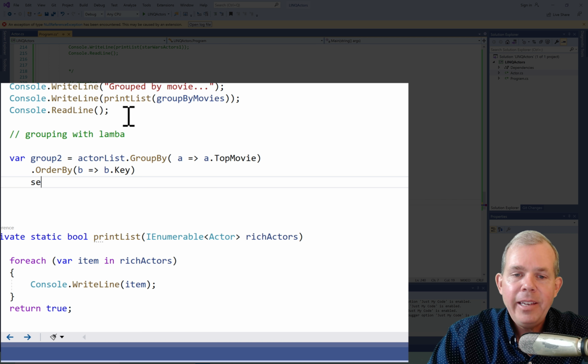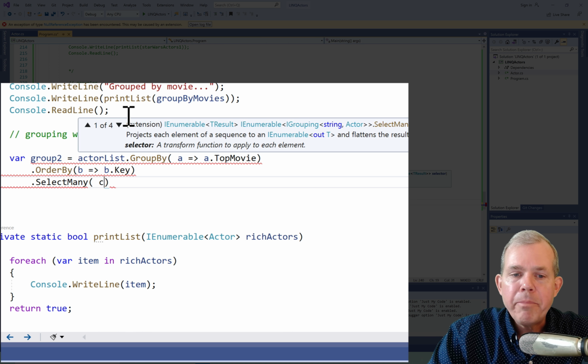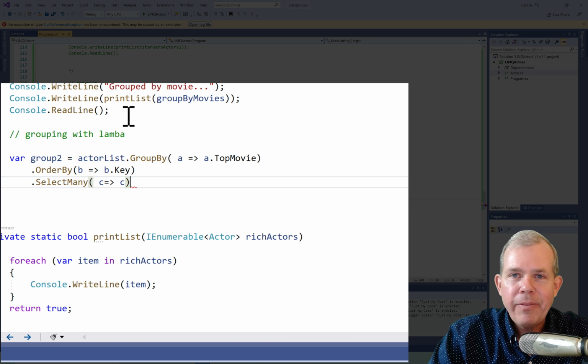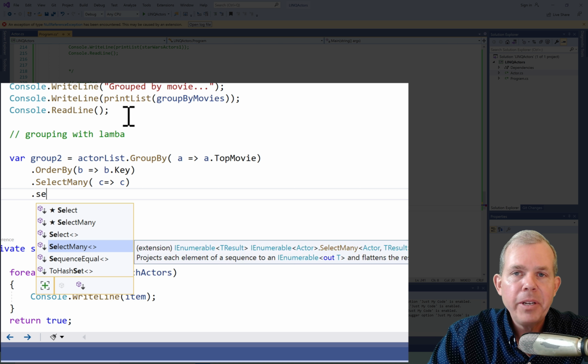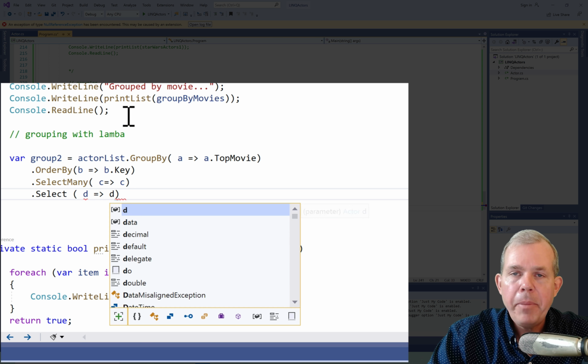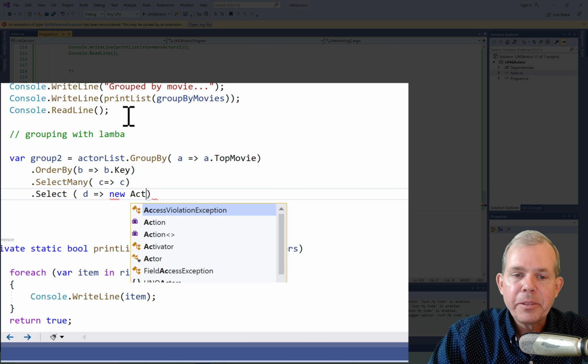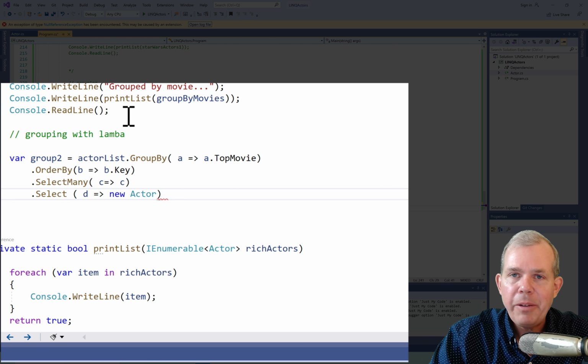So A is going to be selected by the top movie. Then we're going to group it by the key value. So the key value is an automatically generated value of each group. And then we're going to select many, which is the next item. So select multiple items. And so we're just going to have C, arrow C, which is going to select all